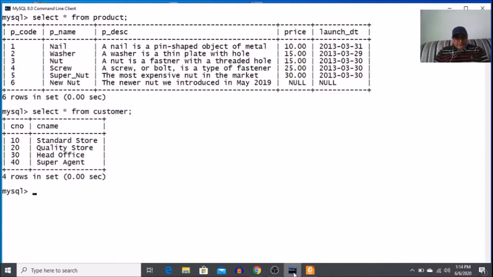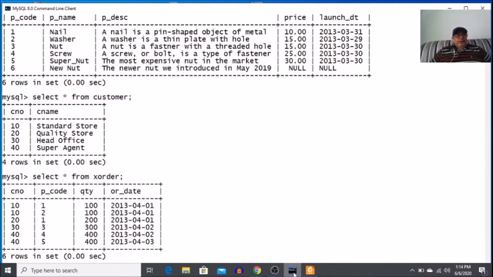But look at this table, X order. It is sharing common columns with both tables, the product table and the customer table. C number is common among X order and customer.